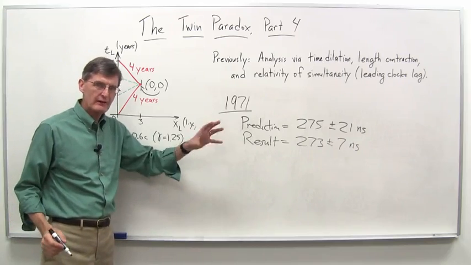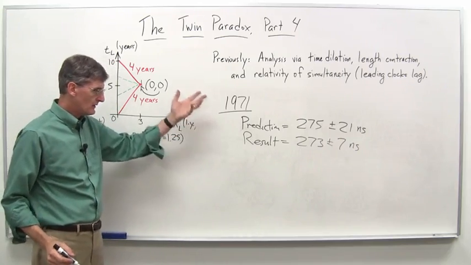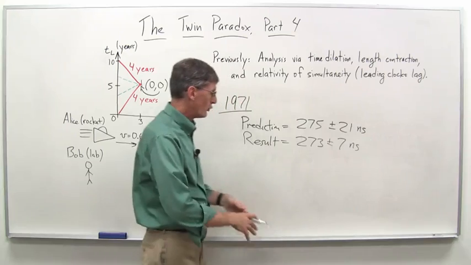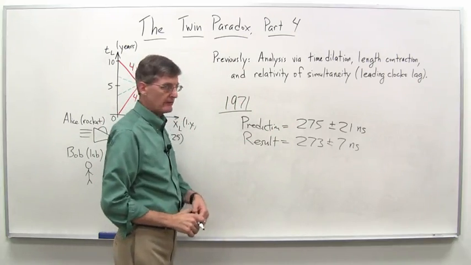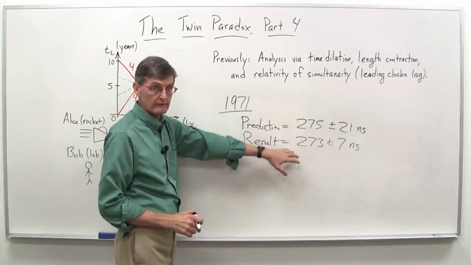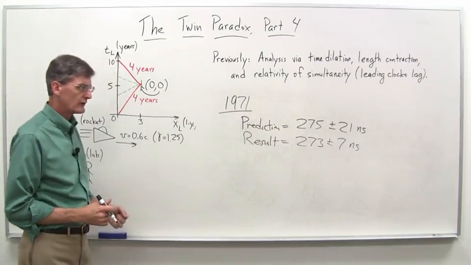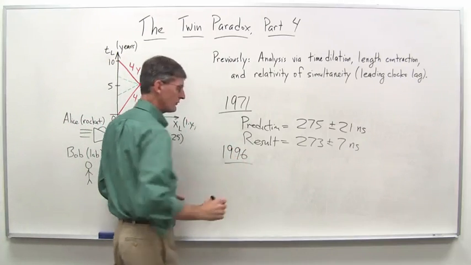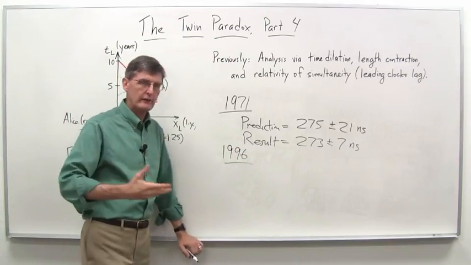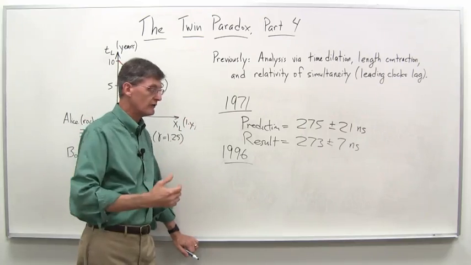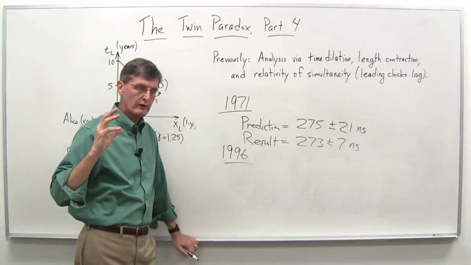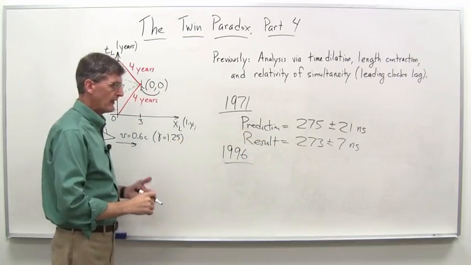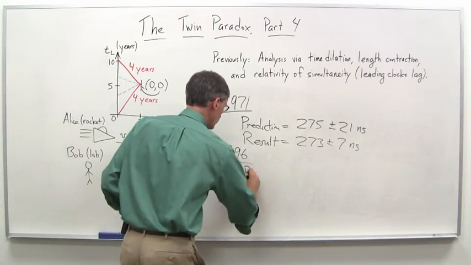So pretty close. The eastbound result wasn't quite as good as that, but they predicted the clocks that flew around would run more slowly than the clocks on the ground by this amount, and the experimental result was very close to it. They actually repeated this in 1996, a form of this experiment where by that time they had better atomic clocks, about 25 years later, and they took one on a jetliner from Washington, D.C. to London and back again, and the prediction there for